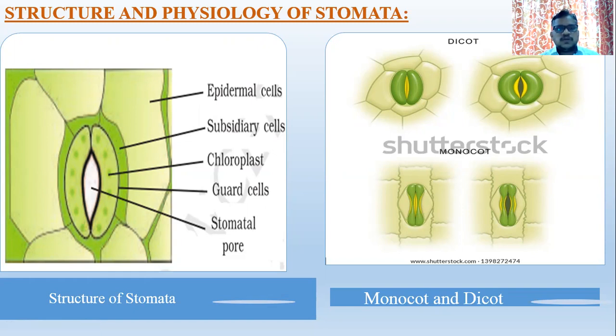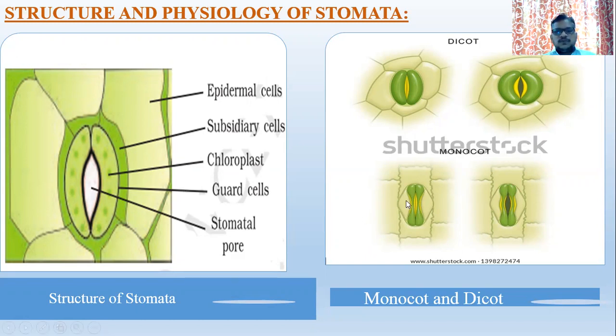Okay, when the stomata opens, the water is released out in the form of water vapors, while when it is closed, the water vapors which are going out can stop, so the transpiration will be controlled by the guard cells. Also, the epidermal cell plays an important role in the mechanism of stomatal opening and closing.